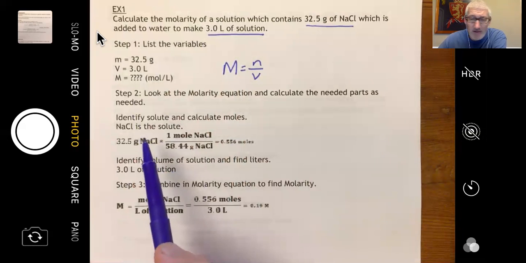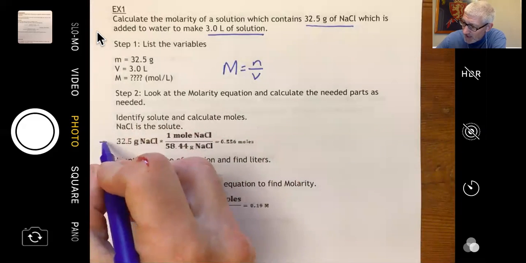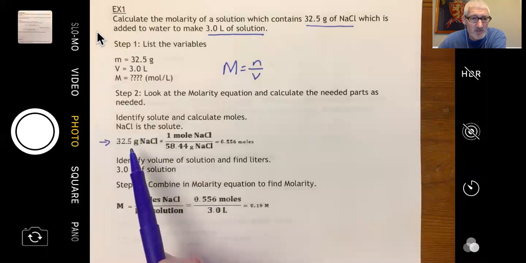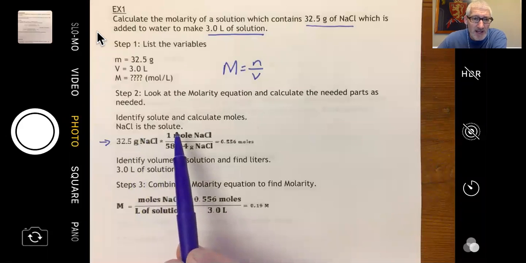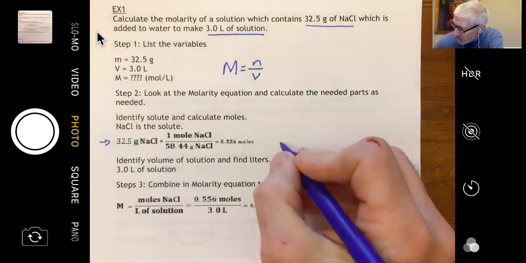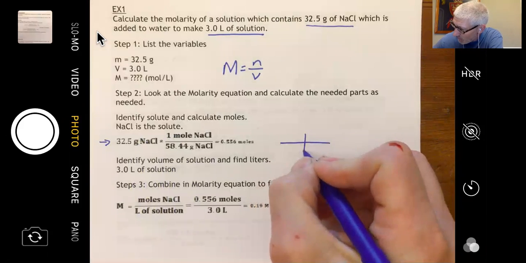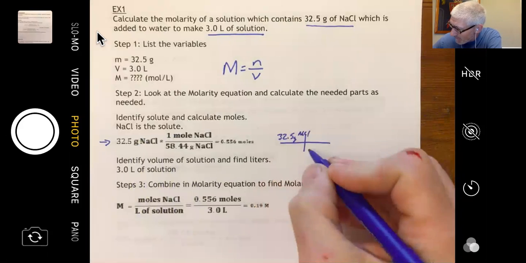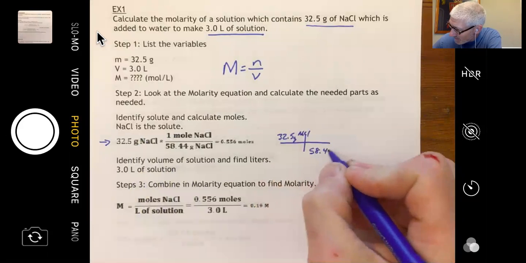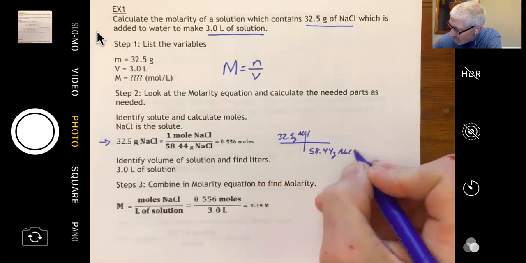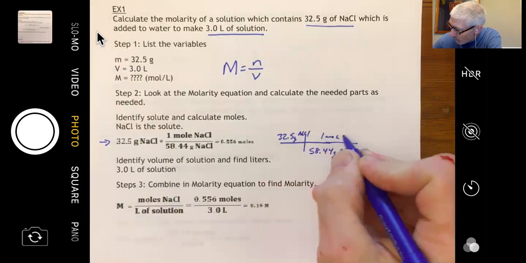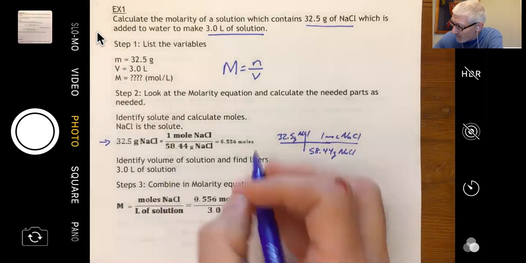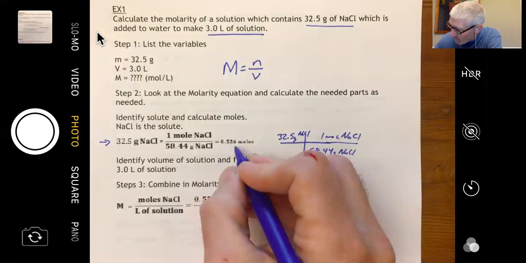So down here, if I'm just sort of in your shoes, I might just jot down this little step right here. I'm taking my 32.5 grams of NaCl and multiplying it. This would be my conversion. We're used to seeing it a little bit more like this. So I put my 32.5 grams of NaCl up here. This is my molar mass, 58.44. And we know that that is 1 mole of NaCl. And then you just do the math, and it's 0.556